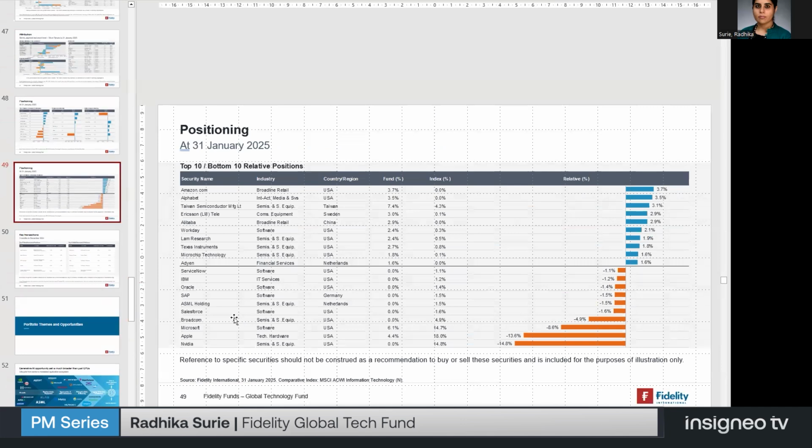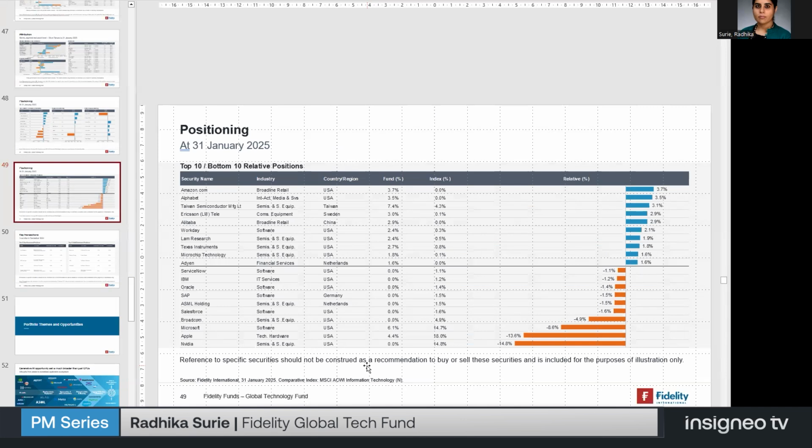There is no issue with generating alpha because the way to think about it is you have to think about two things. There's a real barbell in the tech sector, right? You have these very, very large companies on one side. Then you have many, many good businesses which are smaller. And to build a portfolio, you need to take into account both sides of this barbell, right? Because you also need to think about the index and the fact that you can't own more than 10% in any name. Many of the mega caps are, or sometimes Apple can be up to 20% of the index.